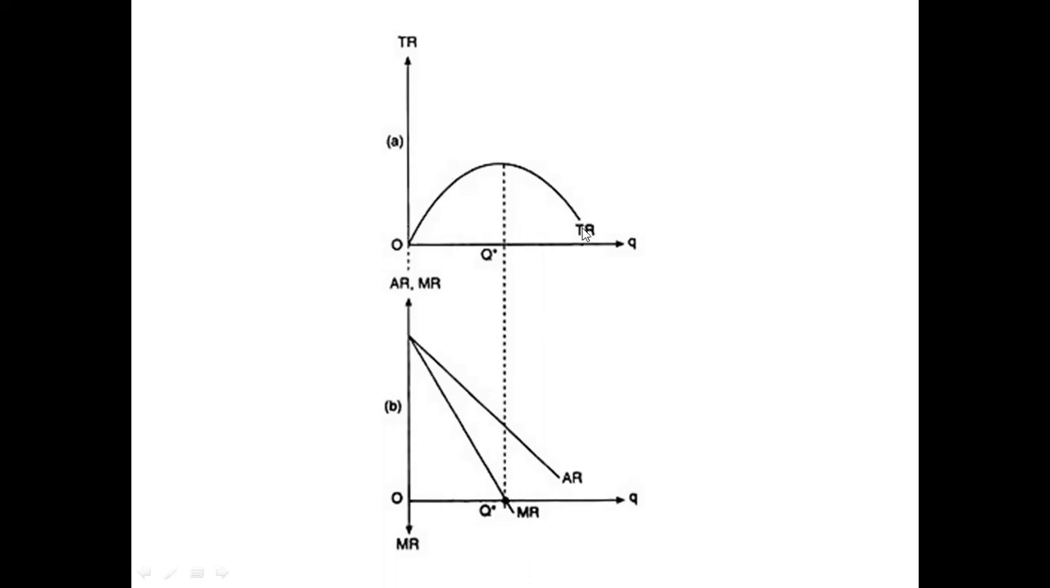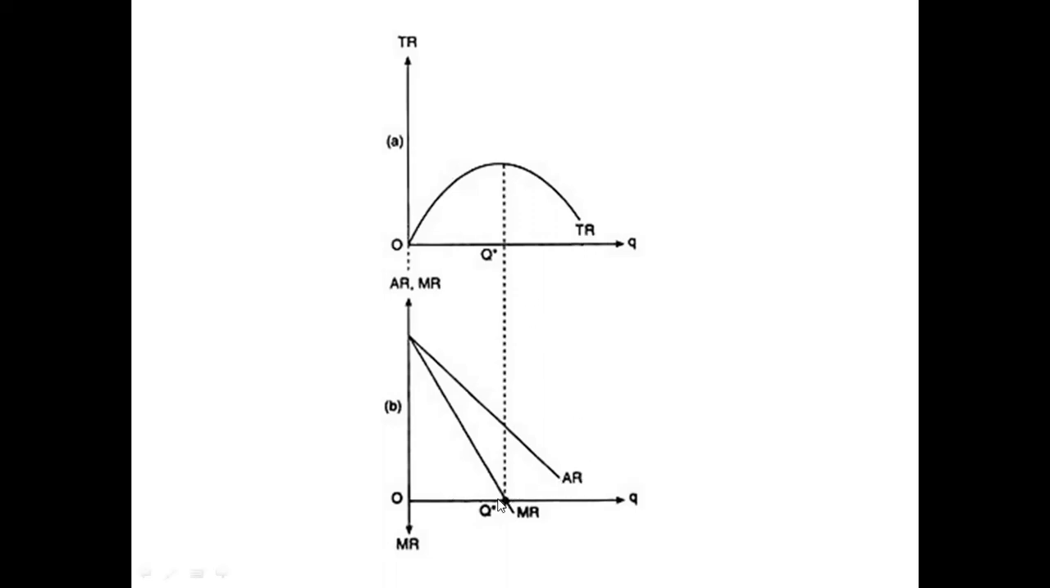How is that situation? TR can be zero when the number of goods sold is also zero. But MR can be zero when the TR is at its maximum point. But remember the second thing,